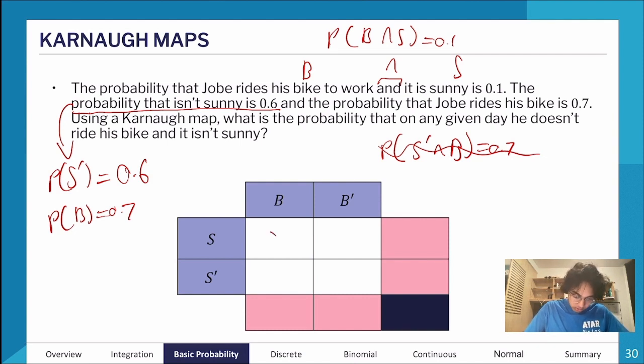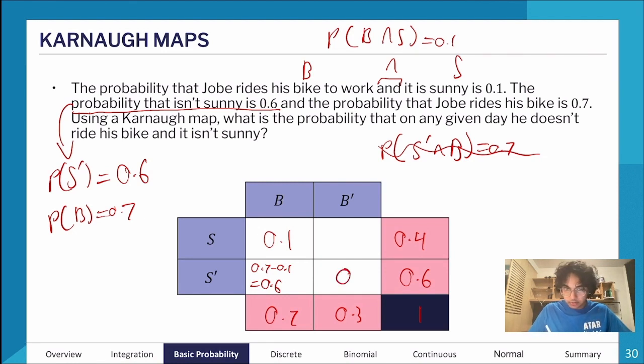Okay, I still think this is correct, right? The intersection between B and S. So the probability of B is 0.7. The probability of not S is 0.6, right? So I think this is a little bit more plausible and easier to work out. So just 1 minus 0.6 here would give me 0.4 for the other event, and here is just 0.3, right? Because 0.7 plus 0.3 sums to 1. Here, I just need to do 0.7 minus 0.1, and that's equal to 0.6, which I think is going to give me 0 here, right? If I haven't done that incorrectly. And so here, I should be left with